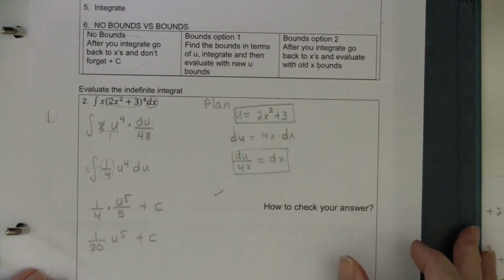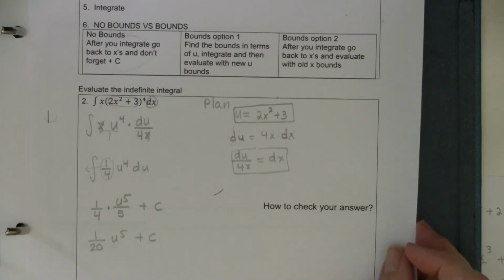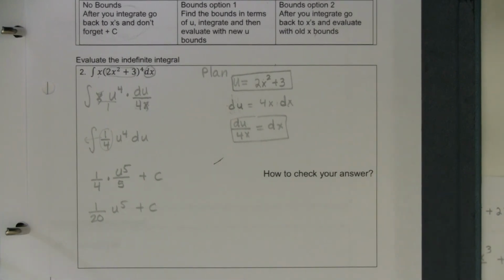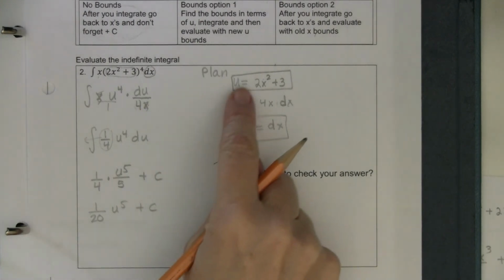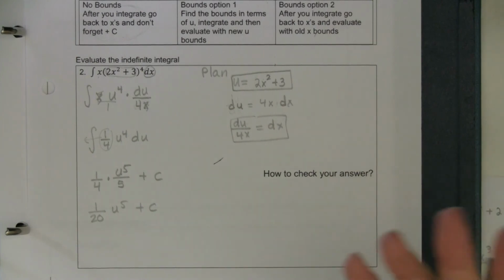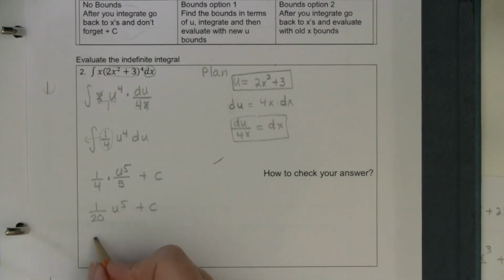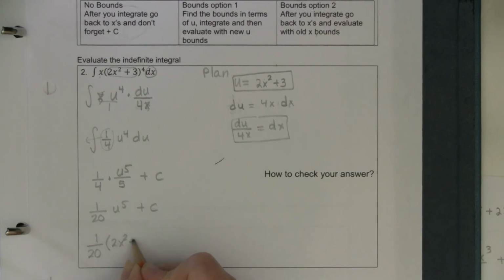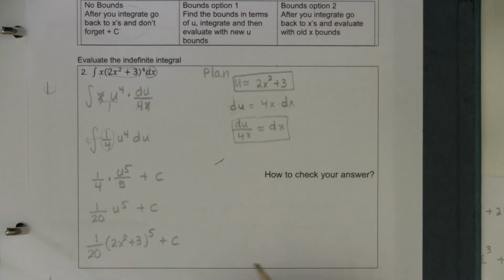And this is a really bad joke, and I probably shouldn't even be saying it on the YouTubes, but nobody cares about you. They only care about your x. So see how I'm trying to give my answer with u in it, but nobody cares about you. They only care about x. But good news, we know what u and x are in terms of one another, so you just substitute back. So 1 over 20, and then 2x to the 2nd plus 3, that's what u was, raised to the 5th plus c. And that's the same answer that we got